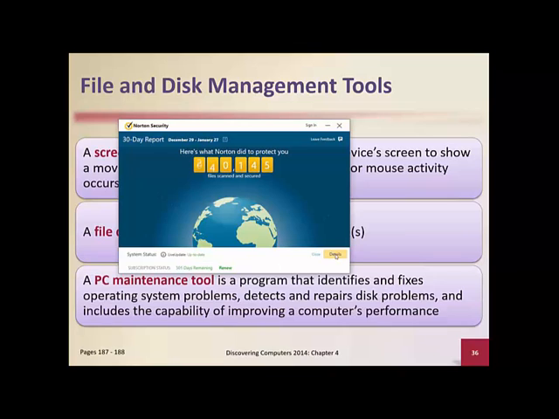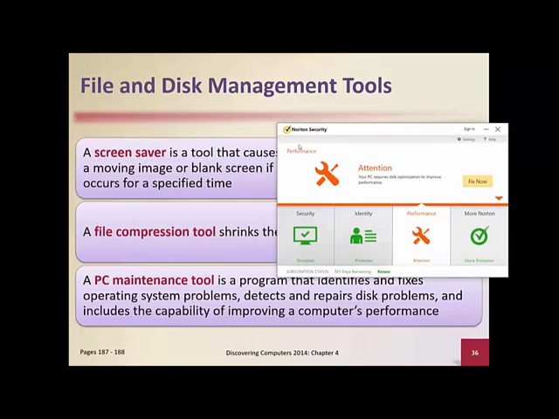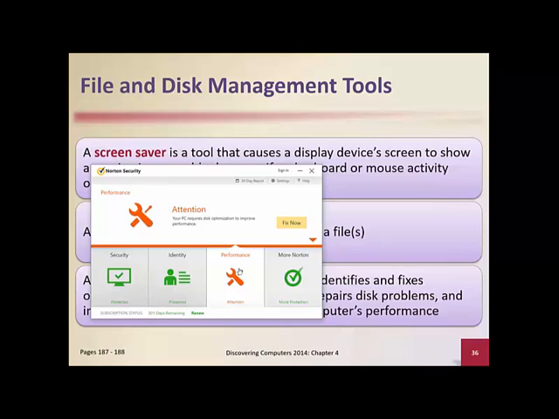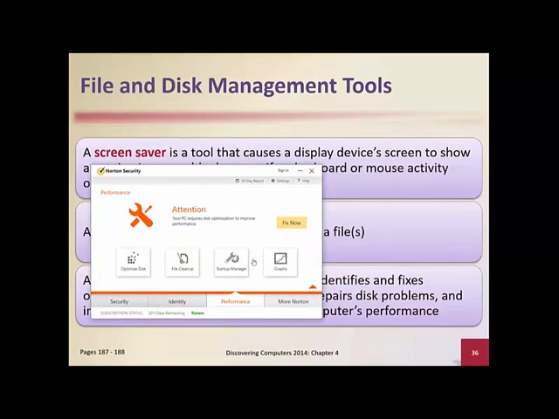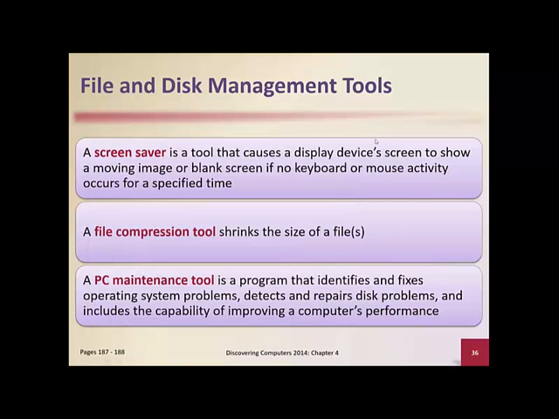Let's see details. Well, let's try this again. So it says I've got some kind of performance issue I need to look at. It says your PC requires disk optimization to improve performance. That's actually kind of weird because that almost sounds like defrag. So it looks like that's what it's actually doing, defragging. So I have Norton that actually runs a lot of this stuff for me. So moving on,